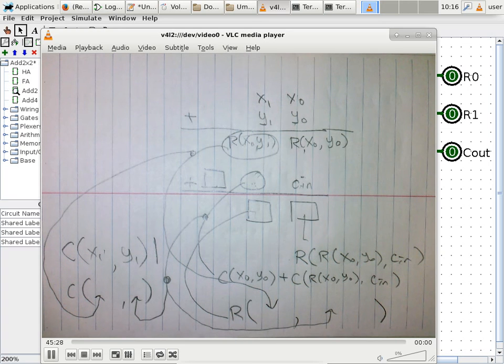Now, when you add one more bit to a 2-bit adder, it significantly increases the complexity of this picture. But nonetheless, the structure of the picture does not change. You are just making more and more AND gates here to merge into that big, huge OR gate. But you're still only looking at 3 levels of gate propagation. In other words, the amount of time to come up with a 64-bit sum will still be the propagational delay of 3 gates. Now, when you look at bit 63,